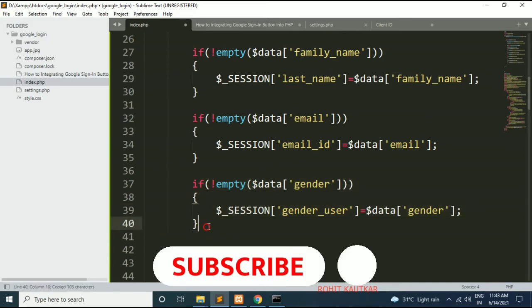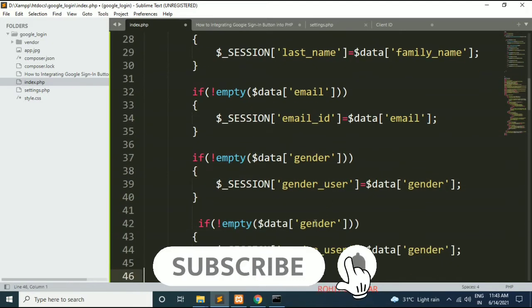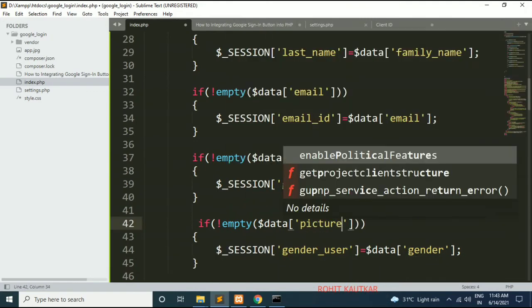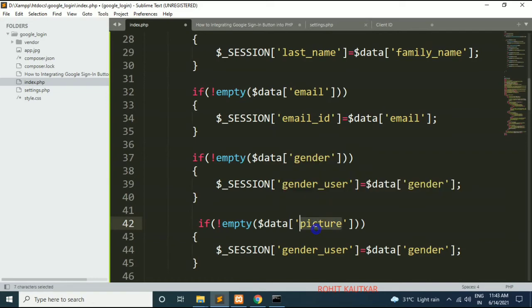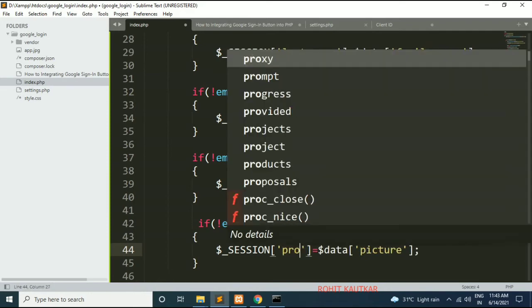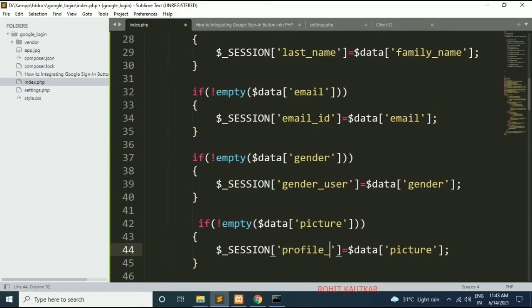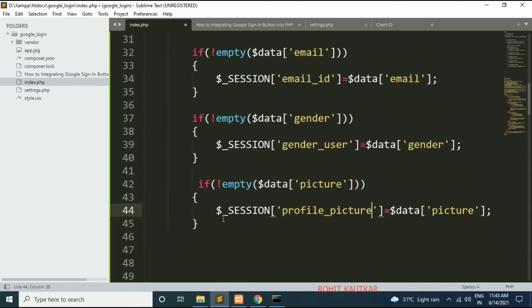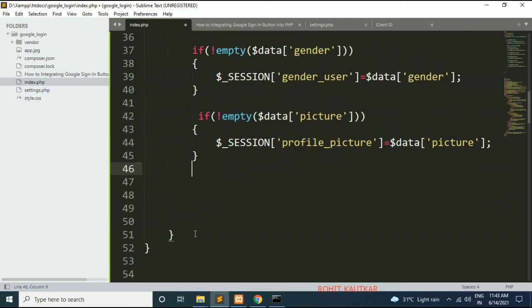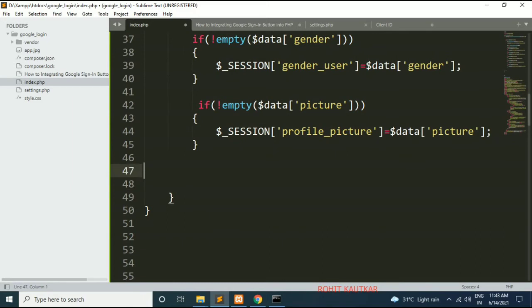So I will copy this and paste it here. Now change the code accordingly. So I will write here picture, same I will copy and paste here, and here I will change the session variable, let's say profile picture. Okay, like this we have retrieved all the basic profile information of a user.